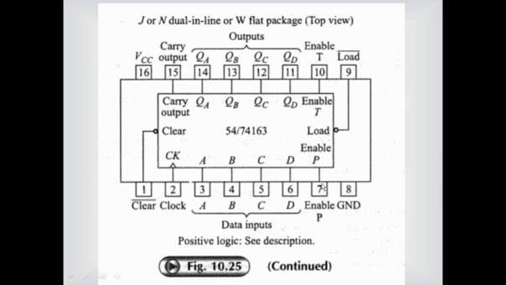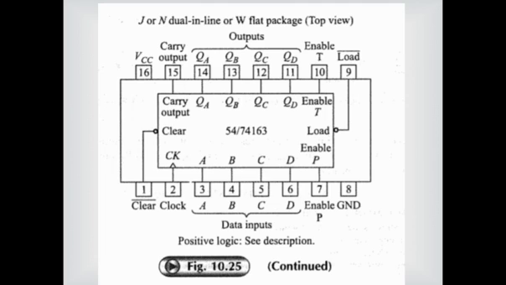Pin number 7 is an enable input, that is active high. You can see that there is only a line. Pin number 10 is also an enable input, so that also has only a line. So this is going to be activated when they are high. That means P and T both should be high, so the IC is activated and this counter will work in normal operation.